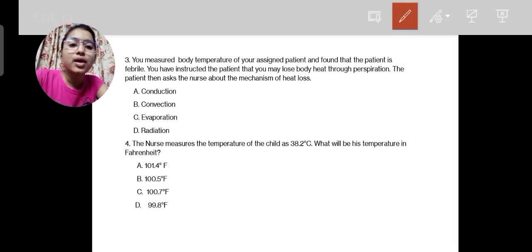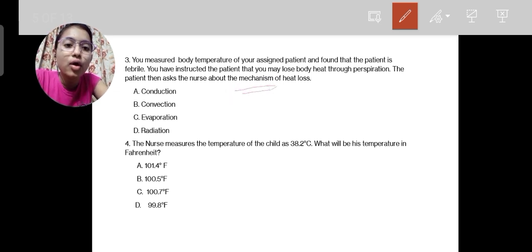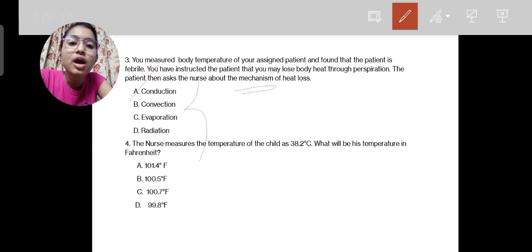So in this scenario, we have to know what are the methods of heat loss. There are four methods we all know: conduction, convection, evaporation and radiation. These are the four methods. Now what is conduction? Conduction means that when an object loses temperature through contact with another object. Contact means টাচে থাকা, ওকে, মানে কোনো একটা অবজেক্ট আরেকটা অবজেক্টের টাচে যখন তার হিট লস করছে, দ্যাট ইজ দ্য প্রসেস অফ কন্ডাকশন। অ্যান্ড